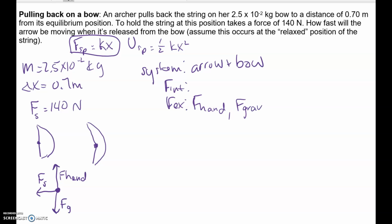And then finally, we have the force due to the string. This force is internal because the bow, along with its string, is in our system. So this is an internal force. All right. So this is useful to us because when we're applying the work-energy theorem, these two lists will help